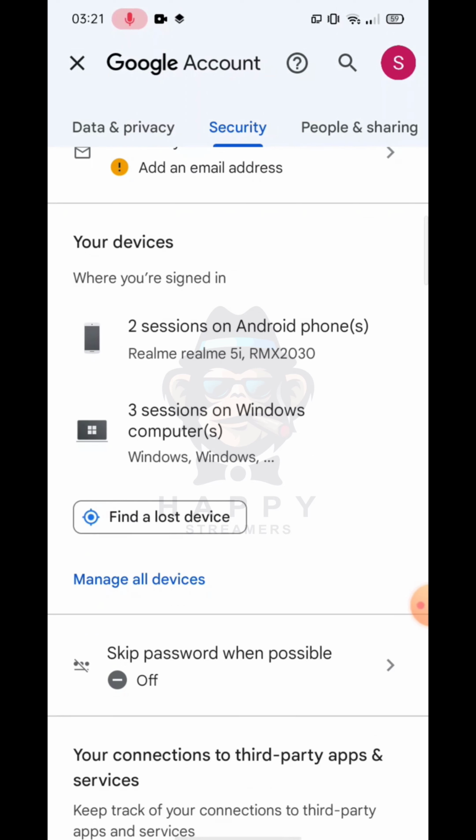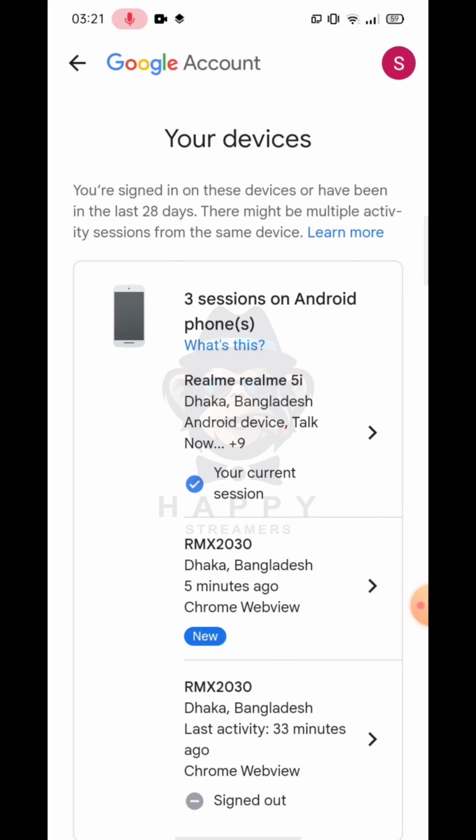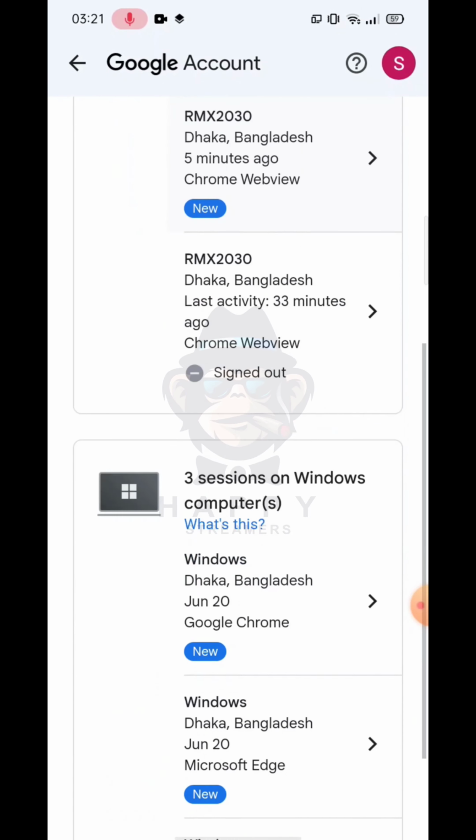And guys, in your devices option you can see which device your Gmail is signed in with. So just tap on manage all devices and now tap on the device from which you want to log out of your Gmail account